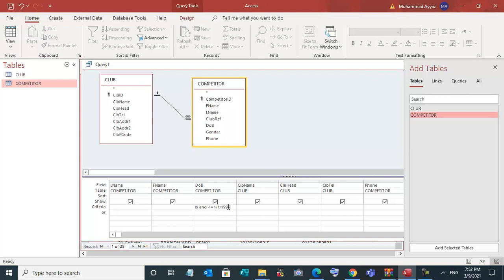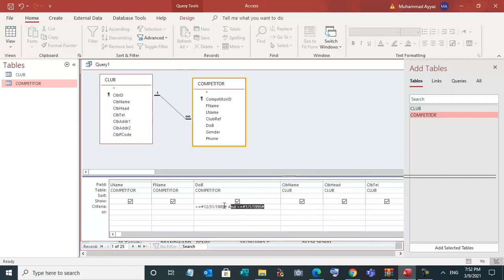So we did a mistake here, we typed 85. It is not 85, it is 95. Okay, so hit the enter key and yes, see, so this is the exact date.